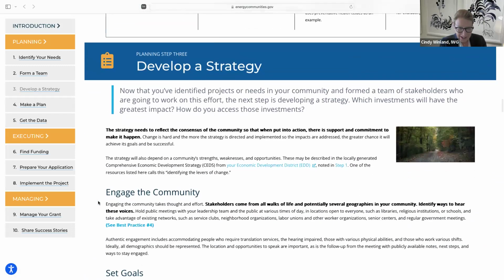Very good, thank you. So this section focuses on engaging the community and setting goals. And we've tried to organize the guide in a logical way, as we said. So everything up until this point will help you set goals that will inform and direct your strategy. So authentic engagement is the foundation to promoting equity and setting realistic goals. And just like forming a team, engaging the community takes a lot of thought and effort. So identify ways to hear these voices. You can get creative with meetings, surveys, booths at fairs, anywhere the community congregates physically or digitally. The guide also includes examples of SMART goals.